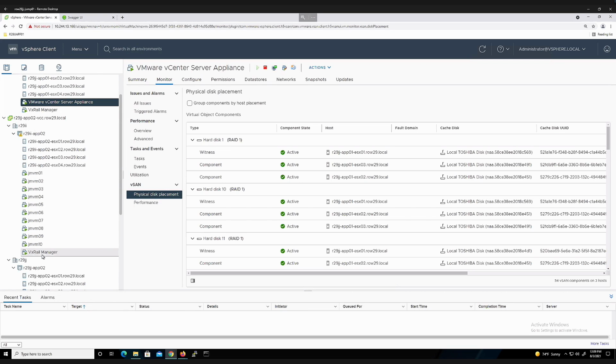We have our VxRail Manager VM, as I mentioned. However, there is not a vCenter instance that's running natively inside of that cluster itself. And that's because with that VxRail deployed and managed vCenter instance, we do have the capability of managing multiple VxRail clusters. Right? So when we look at VxRail management at scale,